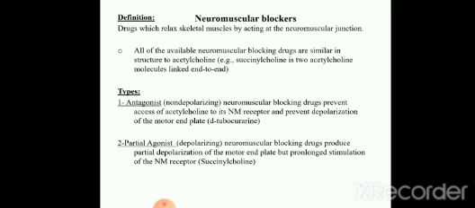But both are blockers. One acts through the mechanism of non-depolarization, another acts through the mechanism of prolonged and submaximal depolarization. Students should remember that skeletal muscle relaxants have two groups: neuromuscular junction blockers and spasmolytics. The neuromuscular junction blockers have two groups. The antagonists of NM receptors are called non-depolarizing blockers, and the partial agonists at the neuromuscular junction are called depolarizing blockers.